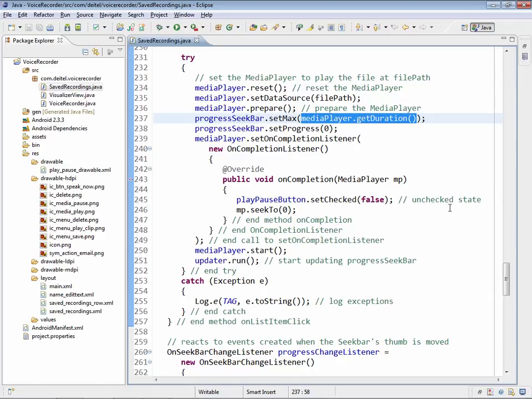So mediaPlayer.getDuration gives you the total duration of the media that the media player is configured to play, and that comes back to us in milliseconds. And that means we can technically seek to any millisecond location within the audio that's being played back. We set the progress on the seek bar to 0 to move the thumb to the beginning of the seek bar,